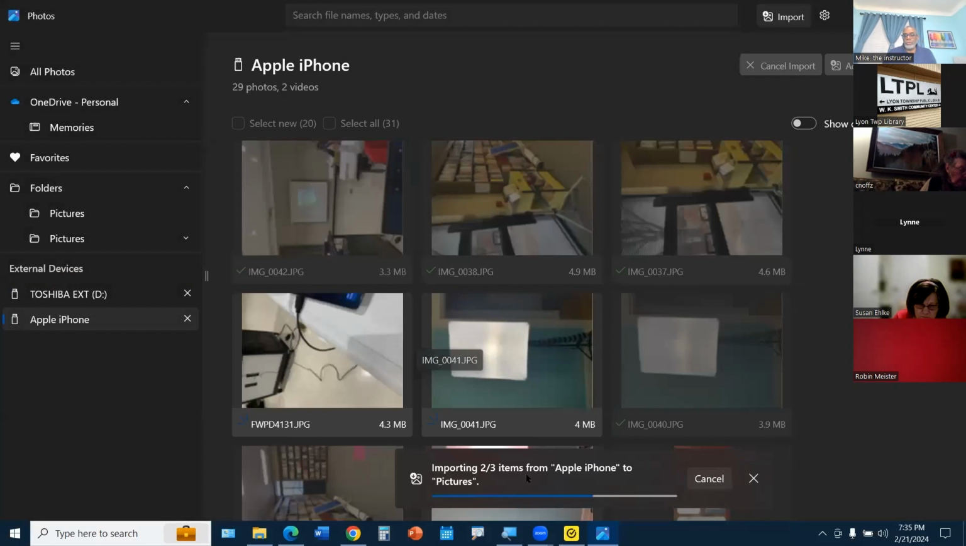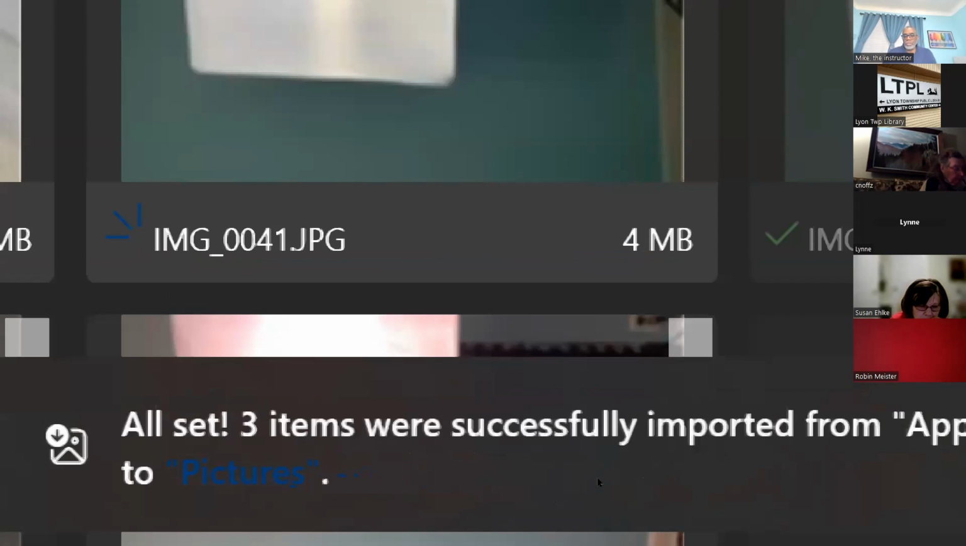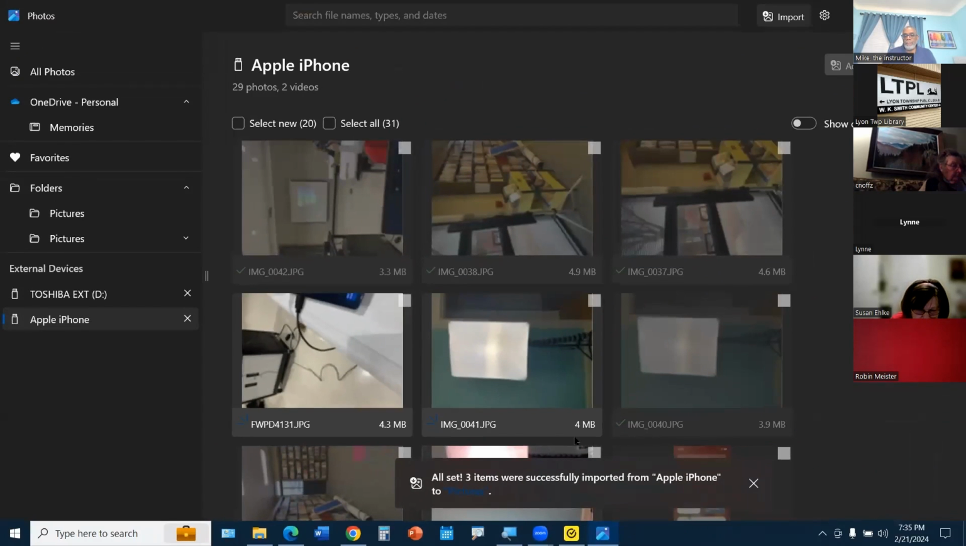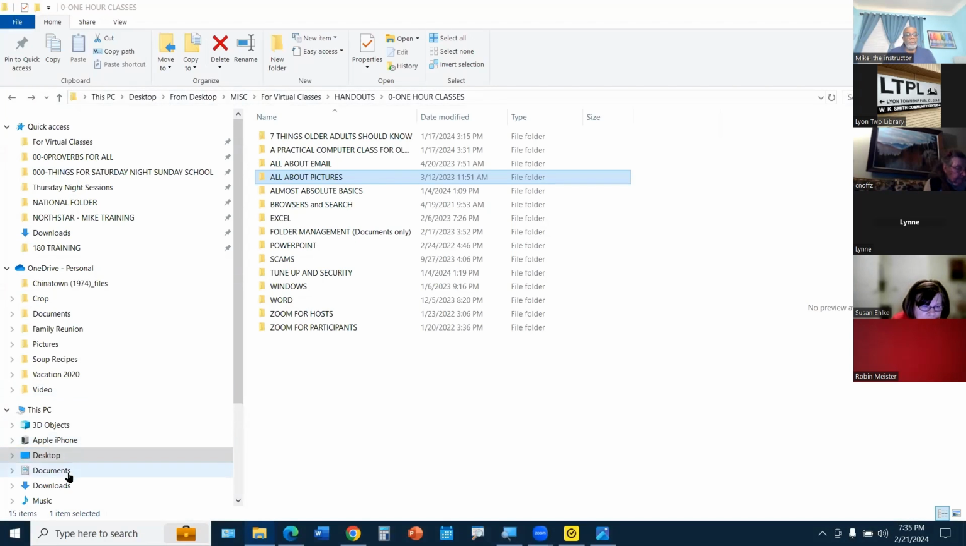And when you do, it'll start down here. I don't know if you saw it, but that was real quick. It says that all 3 items were successfully imported from Apple's phone. And now when I go into, finally ending this, when I go into any folder, I go over here to my pictures folder,